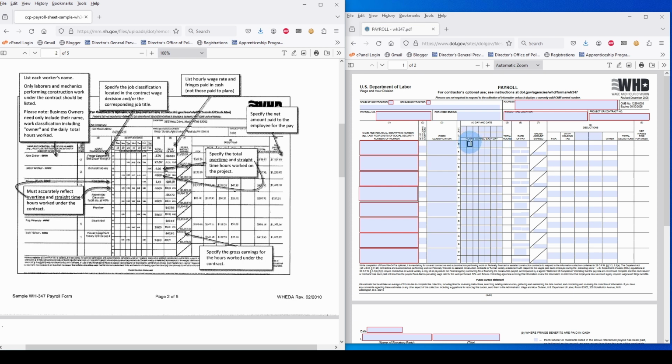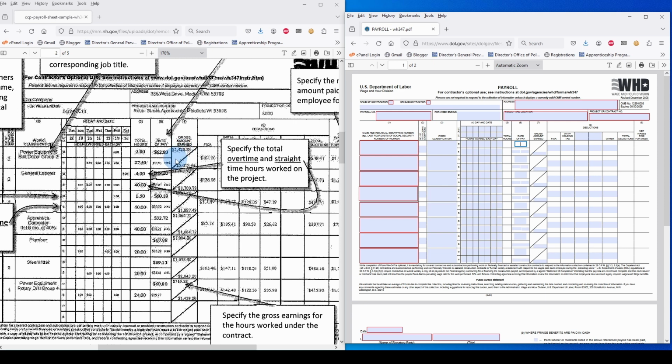So if it's $100 an hour and it's 10 hours for the week, you're going to have total hours here, 10 times 100. Let's just say that's total fringes and hourly rate. So you're going to put rate of pay 100 and gross amount earned. You're going to see gross amount earned is 1422.82 divided by